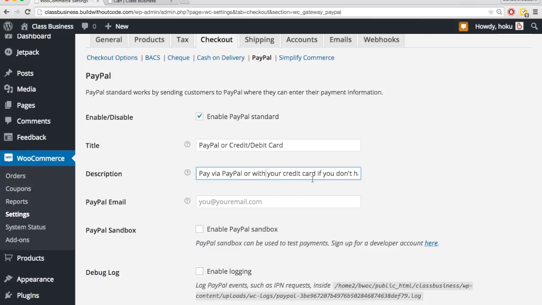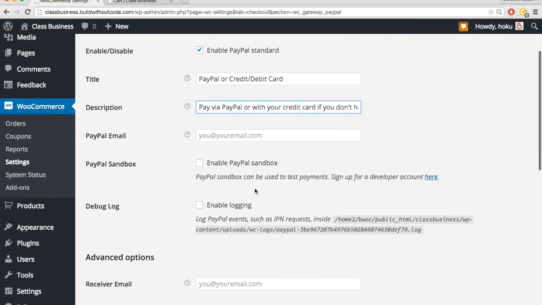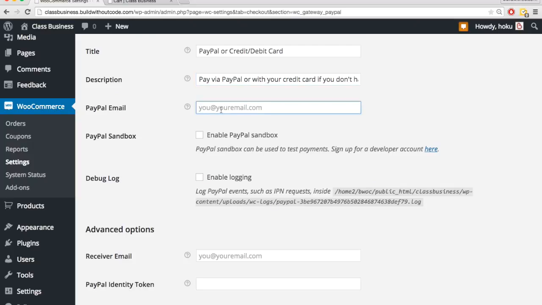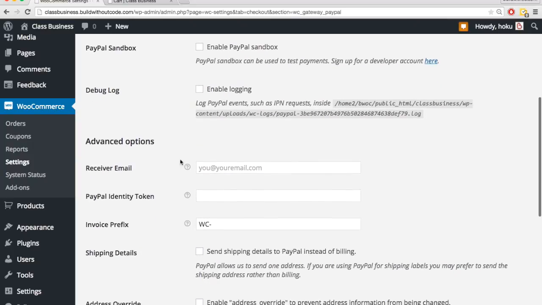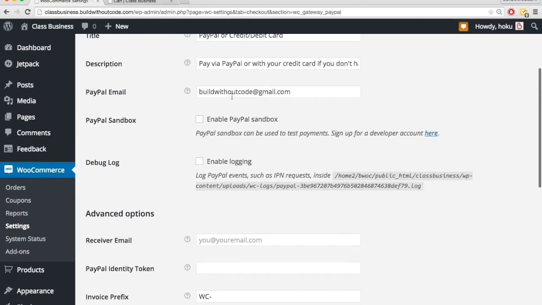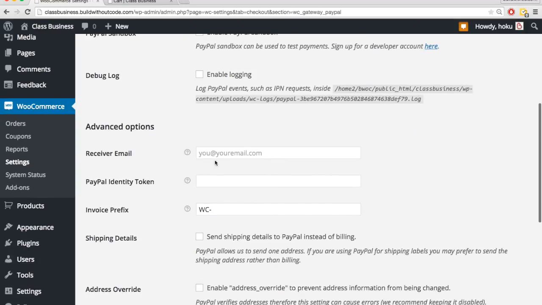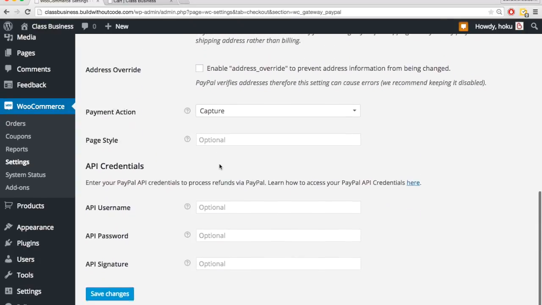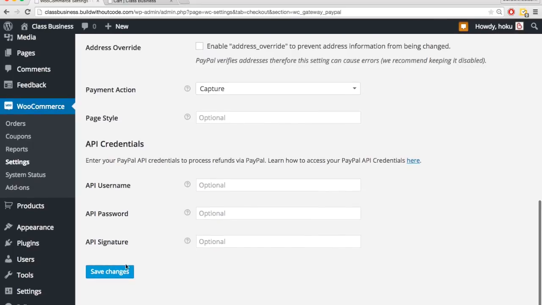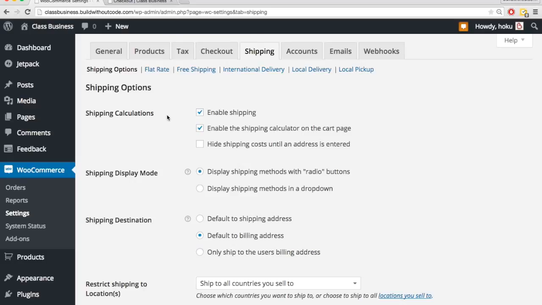And I'm going to just edit this a little bit. Pay via PayPal or with your credit card. Payment PayPal email, so put that in there. Leave these. And if this is, because you can have multiple emails on your PayPal account, if this isn't the main email, then just down here put the main email. And the rest of the stuff I can just leave as is